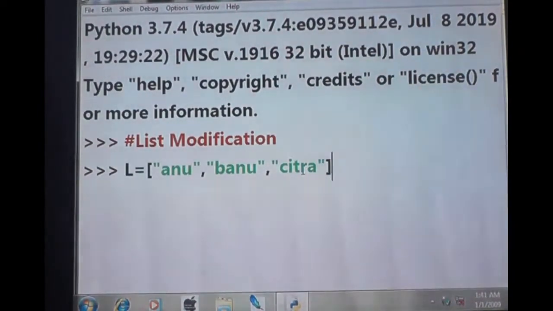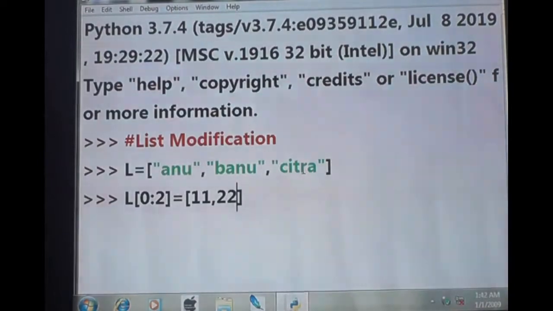Okay, fine. So if I give L of 0 is to 2, equal to, within the list, 11, 22, or we can give 33, 44.